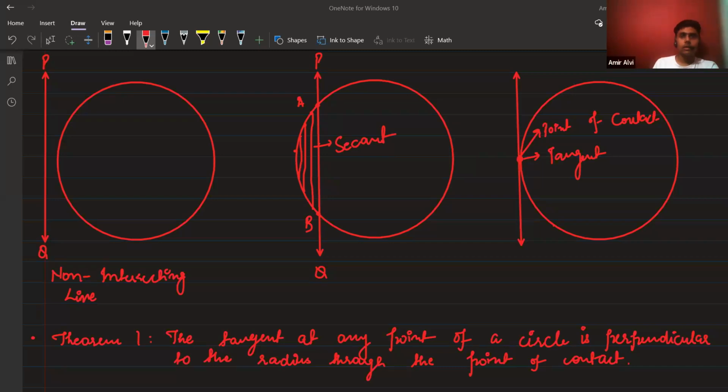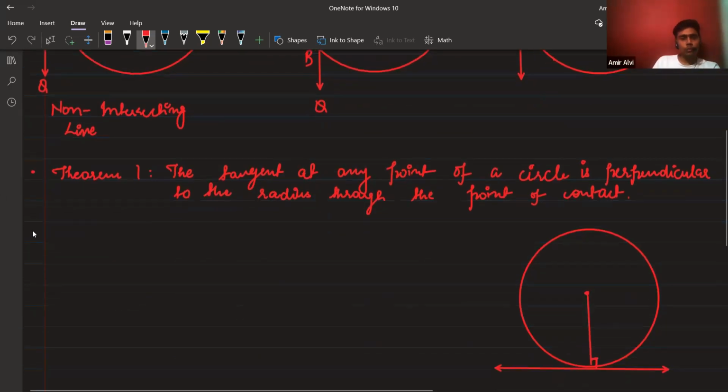Just a second. What happened to my laptop suddenly? Okay, so everybody look at the screen first. Now we need to prove this theorem. So the proof of the theorem is